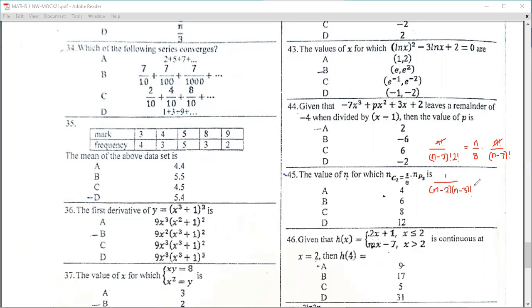And then this side now, so times 2 factorial. This is the left-hand side, and it should be equal to the right-hand side, which is n over 8 into n minus 3 factorial. At this point, you can cancel out these factorials